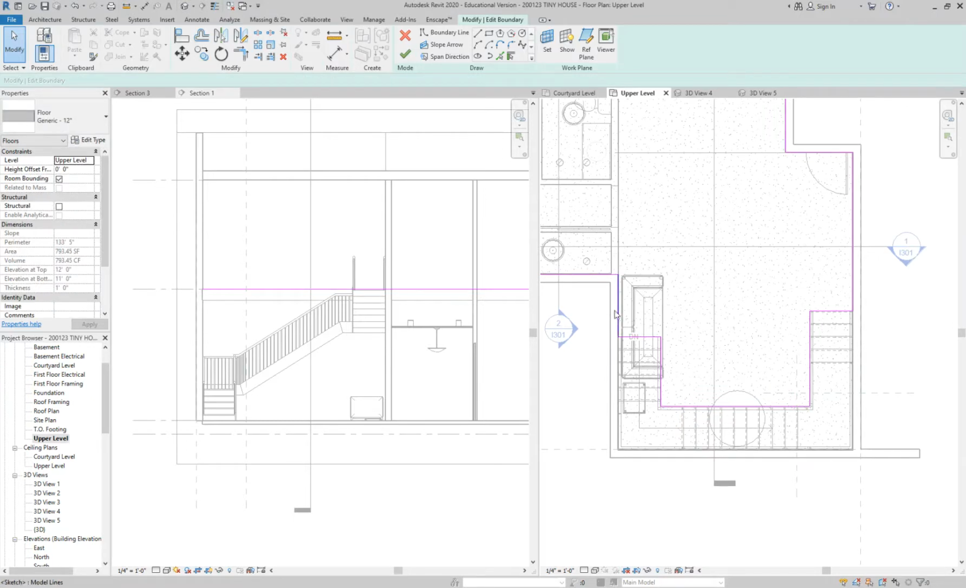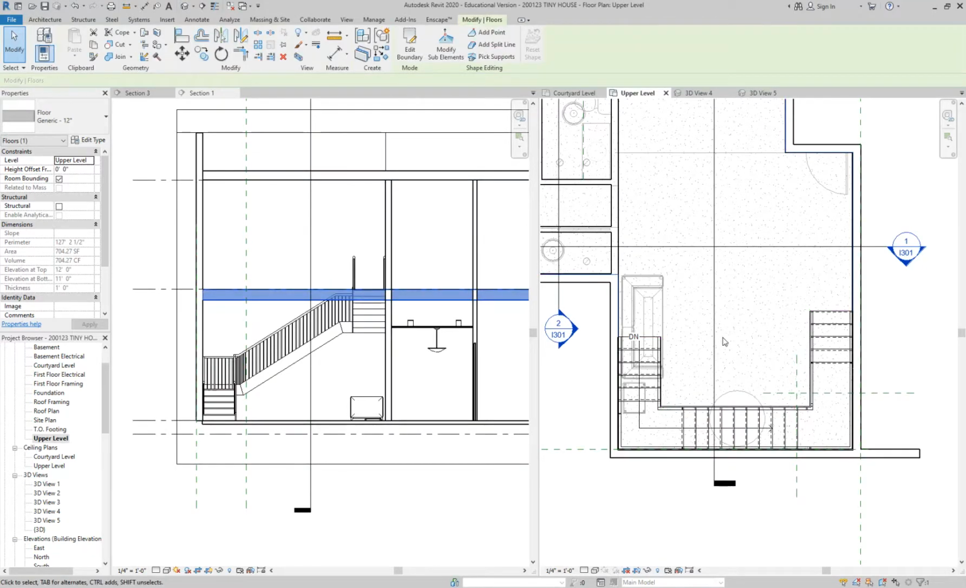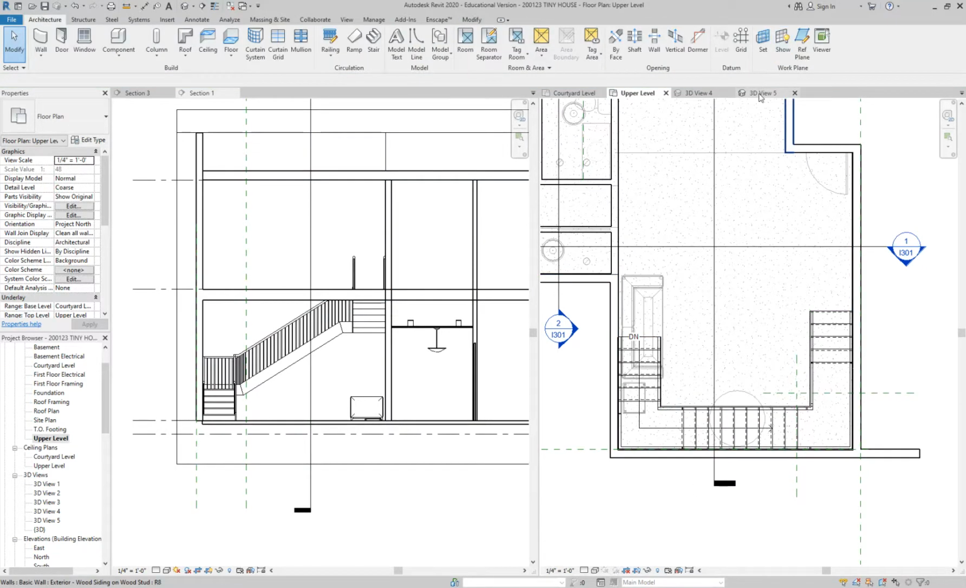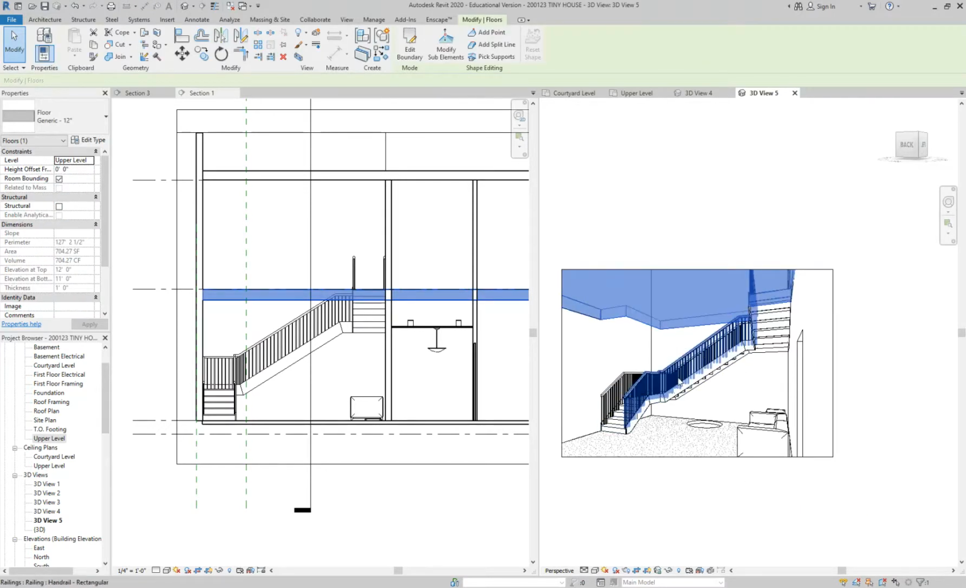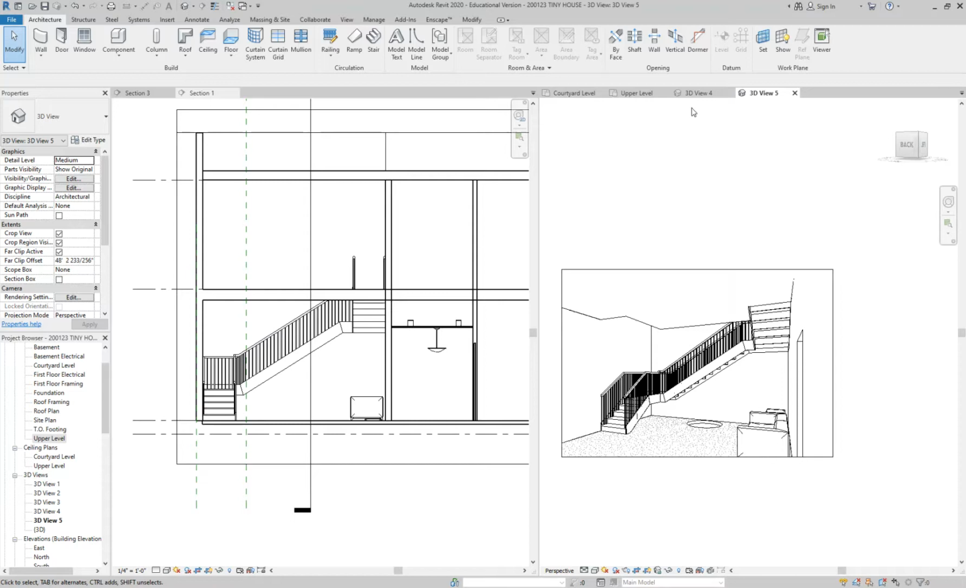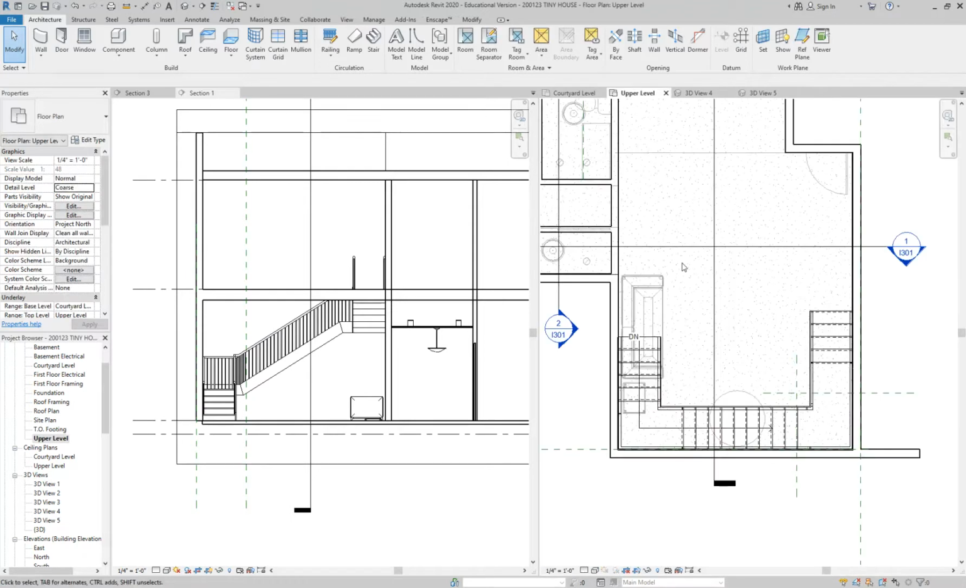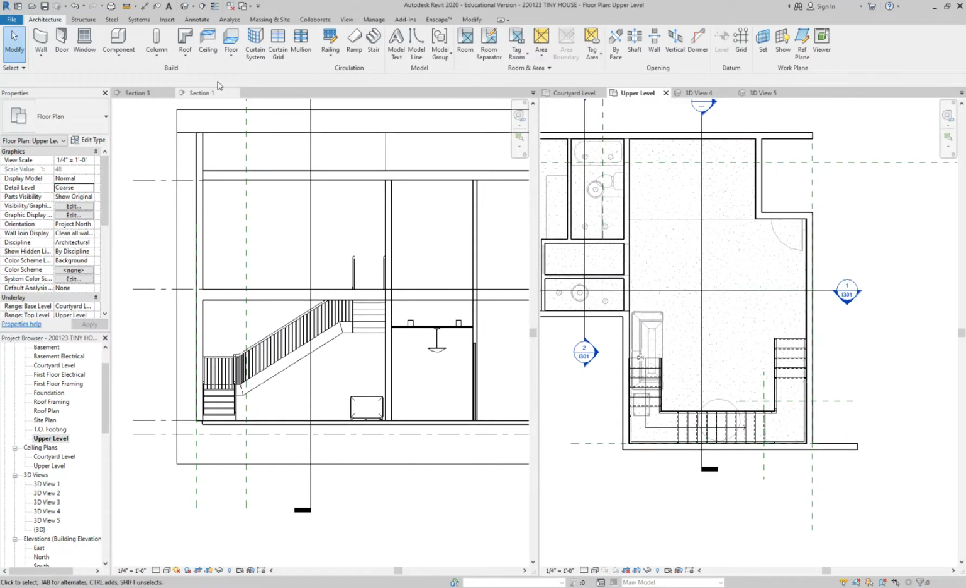Okay. See how I have this new boundary line that cuts out my stair? Hopefully Revit likes me. I'm going to hit the green check. It did. And let's see what this looks like in 3D now. So here's my new floor. And if I also put in a 3D view in my upper level,